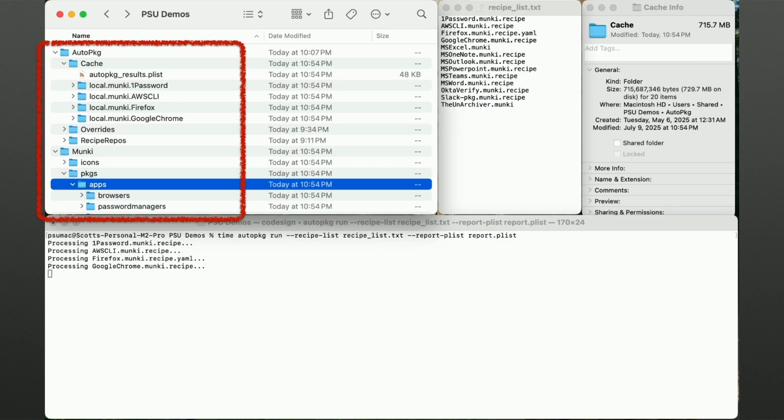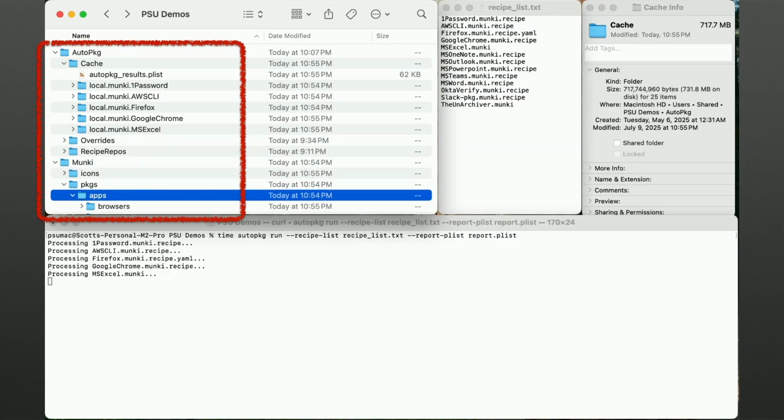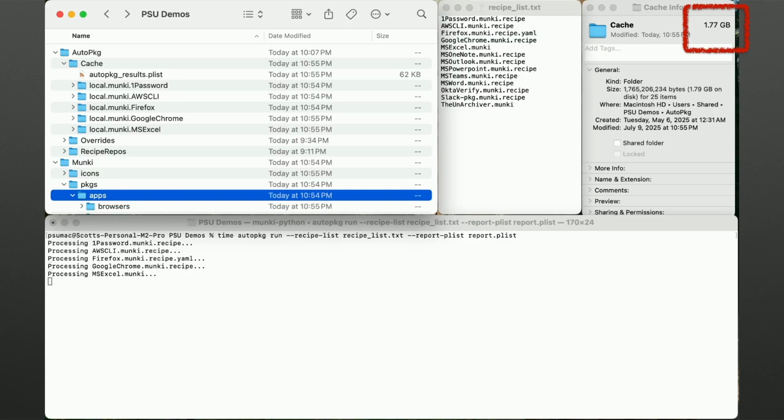They're all Munki recipes. I did this for simplicity. They don't have to be. But you can see the repo is over here as well, so you can kind of see it working as it's going. The AutoPkg cache is also populating as it goes. This is happening as the recipe starts, not necessarily as it's completed. And then up in here, you can see that cache climbing slowly. For these 13 recipes, this cache is a little over 6.5 gigs.